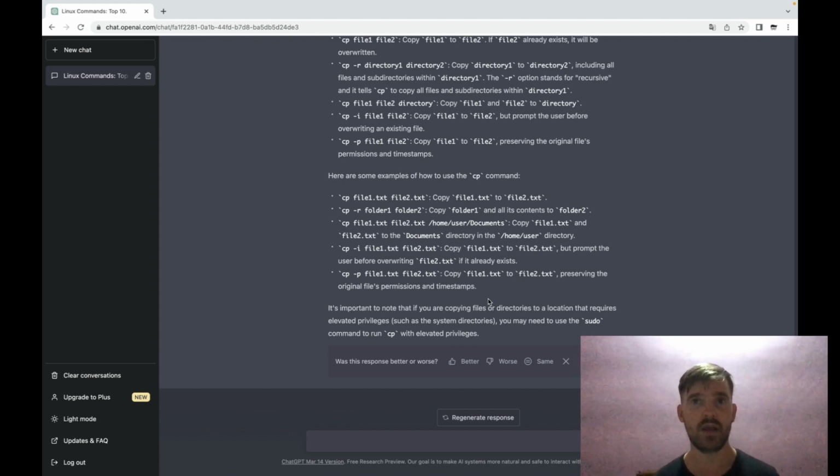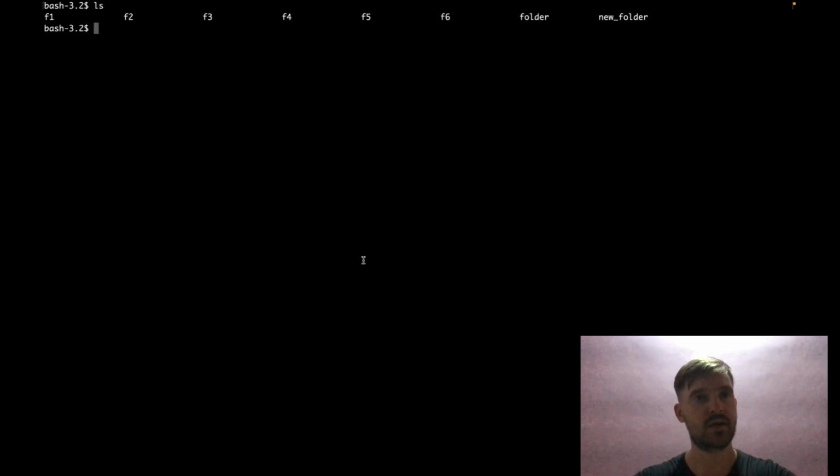Here we go. Let's check out how you can use the cp command in a practical way. Let's move to the terminal. Okay, in my current working directory there are several files. Let's check the content inside the file f4. Okay, there is the expression hello geeks. So if I want to copy this file,